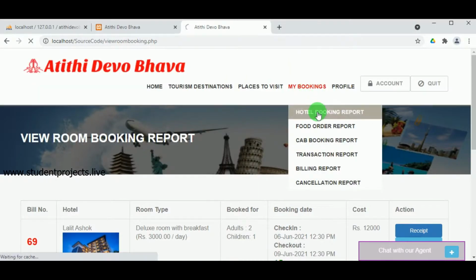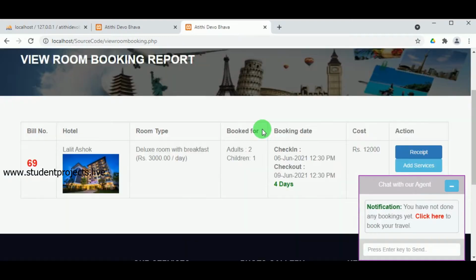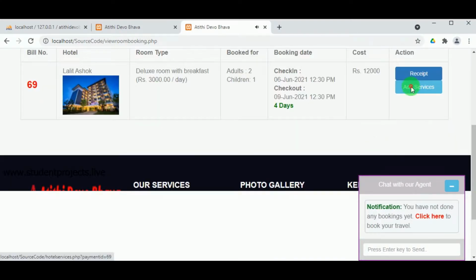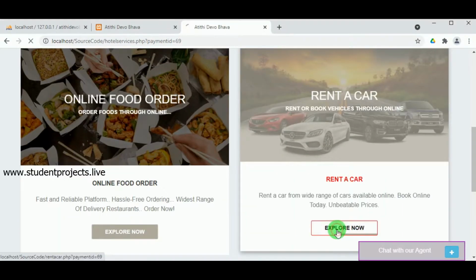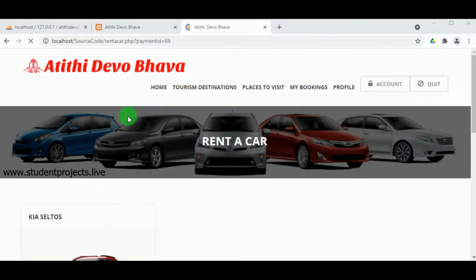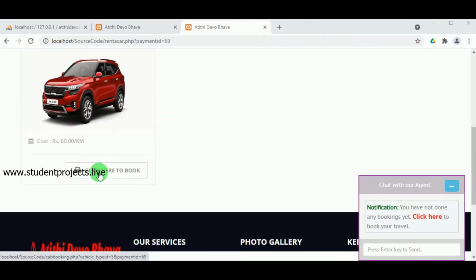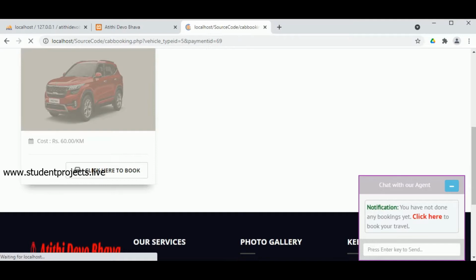Now let us see how we can book the cab. Under hotel bookings, in Add Services, one more option which is available is Rent a Car. Click on Explore now. So we can view the car that is available and click here to book,